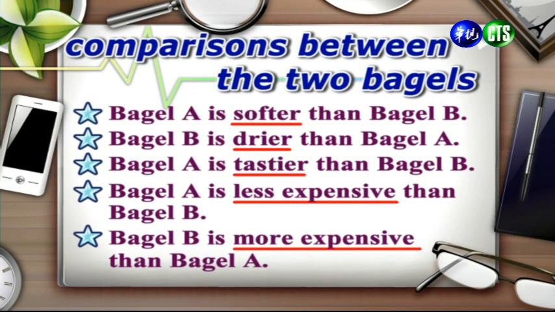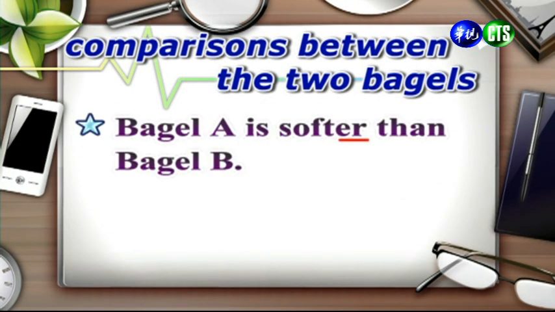And then one more example is bagel B is more expensive than bagel A. 那 Bagel B 相对比起 Bagel A 而言是相对比较贵的。And so in all these examples, we're using the comparative form of an adjective to compare the bagels. 好，那在以上这些例子里面呢，我们会发现啊，我们都使用了形容词的比较级来比较这两种贝果。